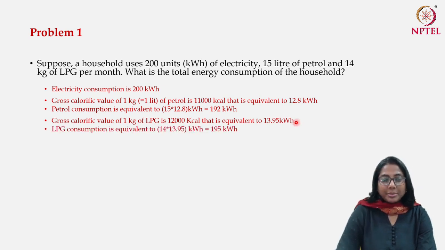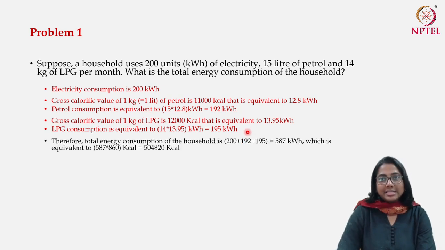Since the total consumption of LPG is 14 kg, we are multiplying 13.95 by 14 to get the total consumption of LPG, which is equivalent to 195 kilowatt hour. Now you see, electricity consumption was already given in terms of kilowatt hour, and now we have converted the use of petrol and LPG both in terms of kilowatt hour. Therefore, the total energy consumption of this household is 200, this is coming from electricity, plus 192, this is coming from petrol, and 195, this is coming from LPG, which is equal to 587